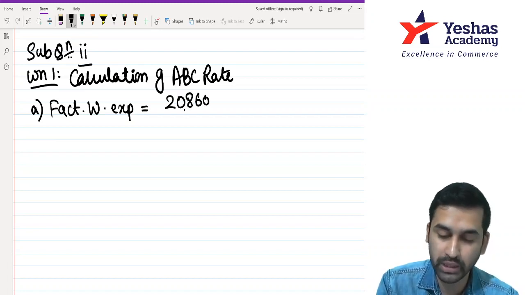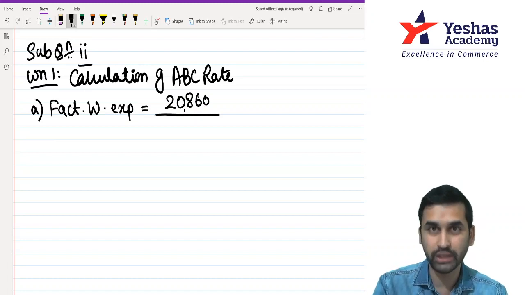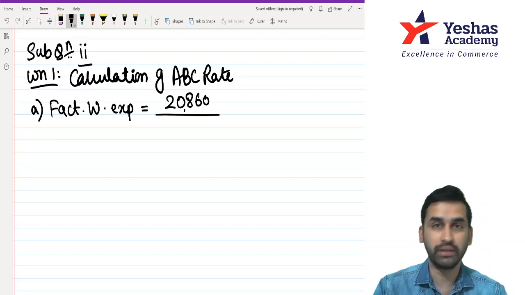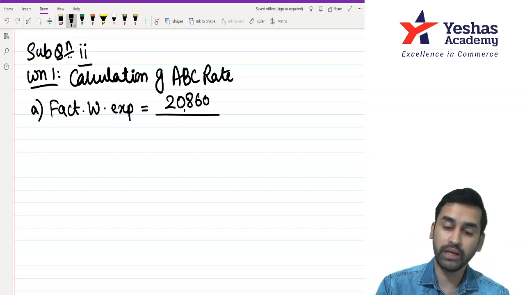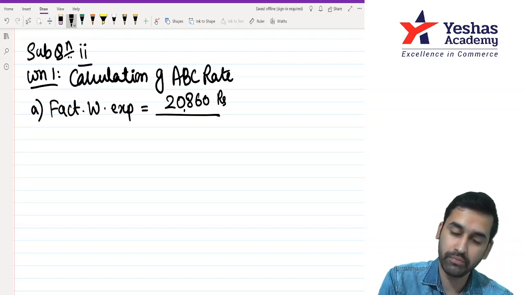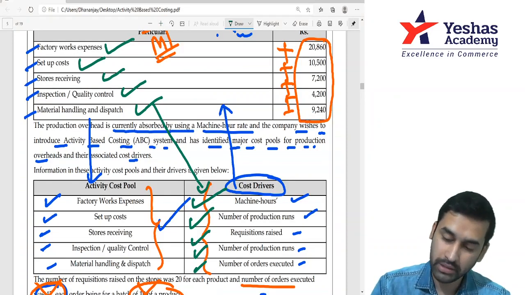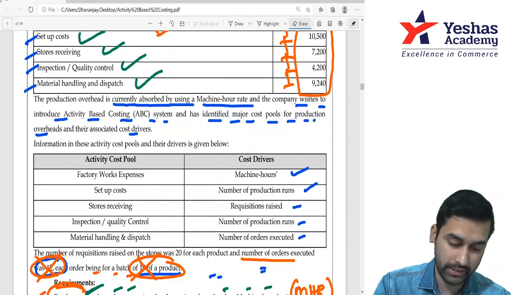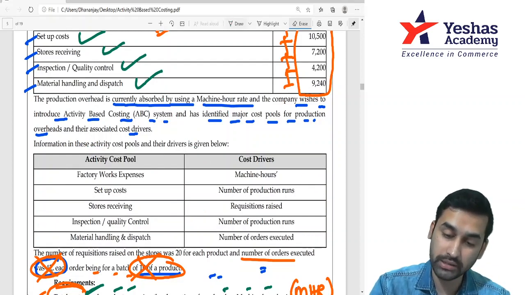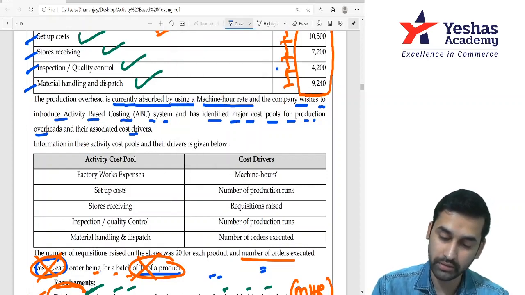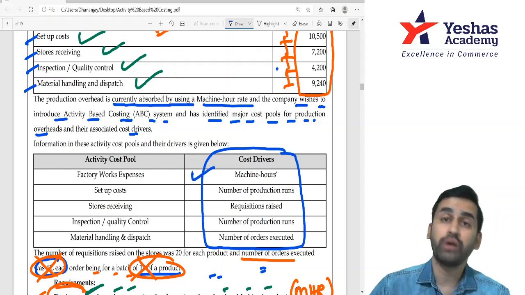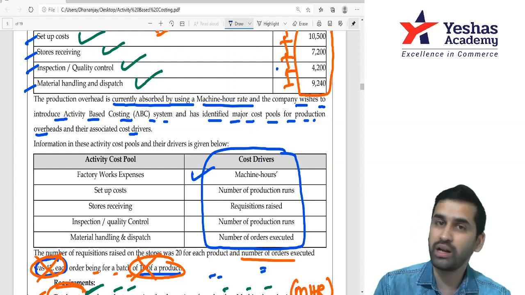Now I am going to take the overhead related to that activity only, not total. Yeah. Sir, second table amount is given. That is numerator. For denominator, sir, you should go to third table. Okay. In third table, sir, they have given the cost drivers to you. Right. Where is the cost driver details? Sir, here, sir, they are saying machine hours. Alright, I am marking in blue now. Sir, machine hours is what you need. Machine hours we have already calculated somewhere. Yes, where? For MHR computation, the denominator is already machine hours.